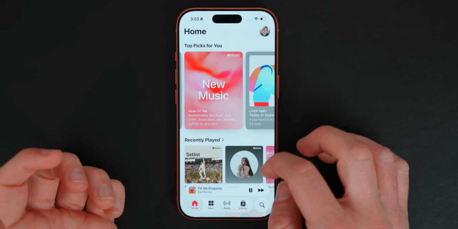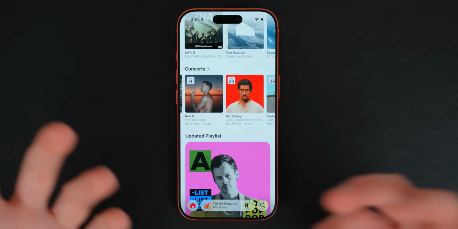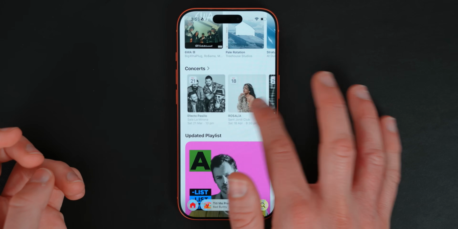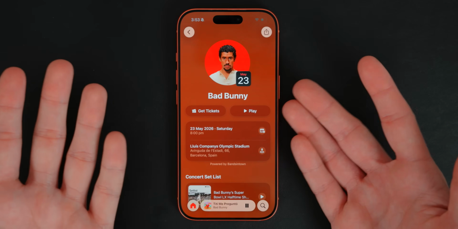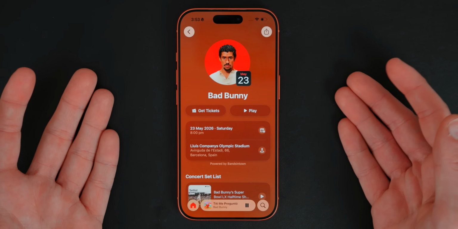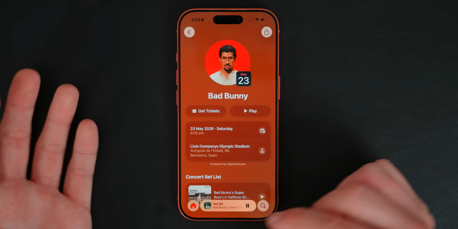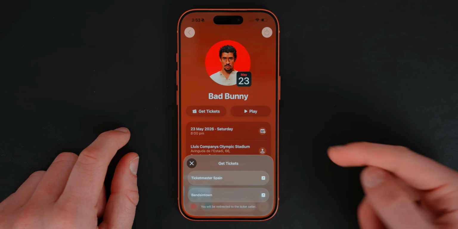Now, if you go inside of Home inside Apple Music and you scroll to the bottom, right exactly here, you'll now see the new concerts feature inside of Apple Music. You can scroll to the left and to the right and you can see different concerts, for example, the Bad Bunny concert, and you'll see a bunch of information about that concert itself, including the date. You can start playing his music, for example. You can also tap on get tickets and it will redirect you to the ticket seller itself,